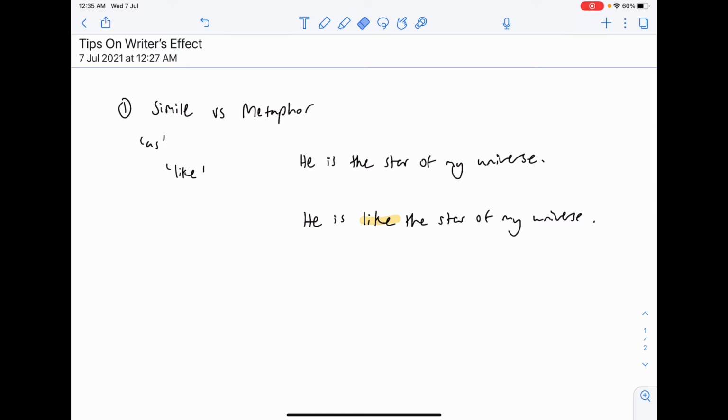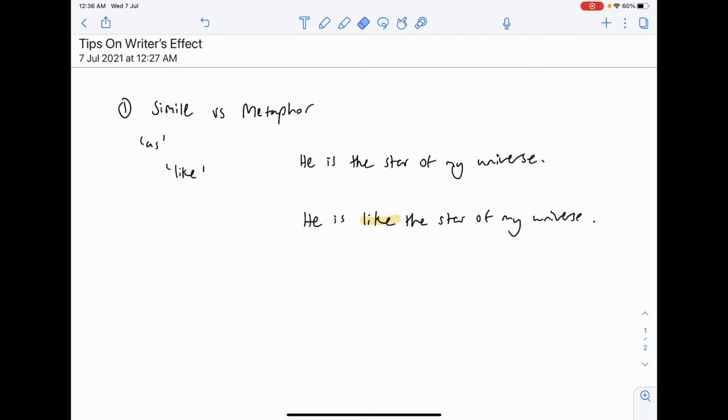All right, so back to here. What exactly is the difference? Now, can you feel that there is a difference in immersion, in how much you believe, the conviction in each of these lines? He is the star of my universe. That is pure belief. You are not comparing him to anything. You are saying that he is the star in the center of your universe. You're stating it like it's a fact. The conviction, the belief in this statement is 100% there. It's the maximum that you can go.